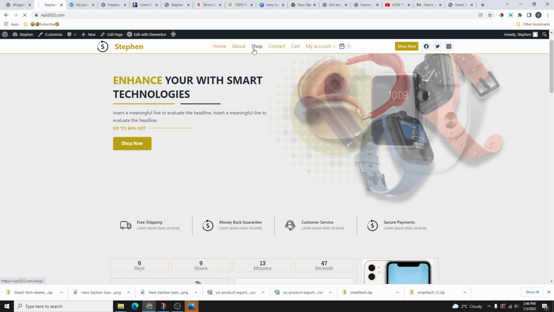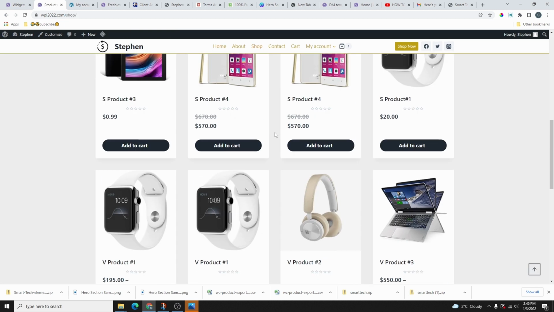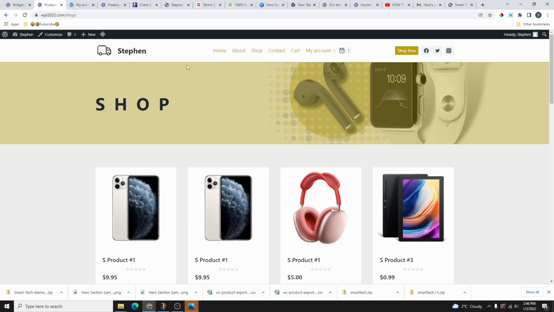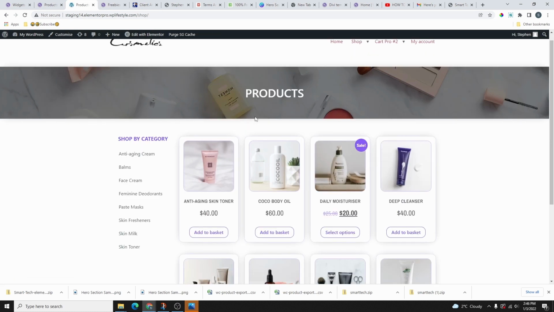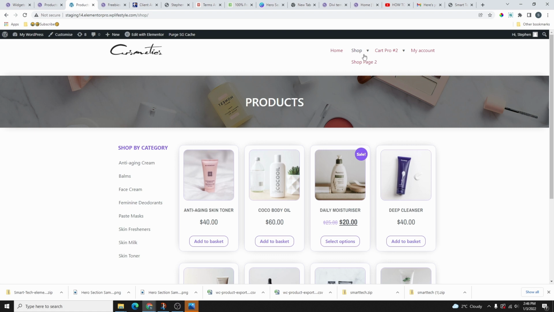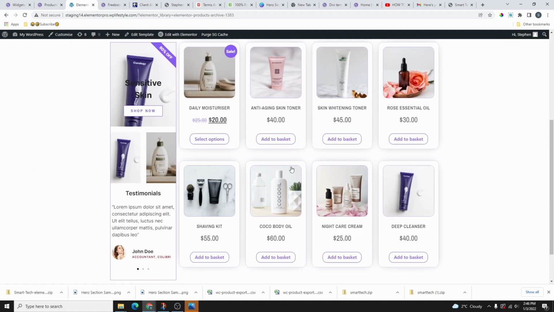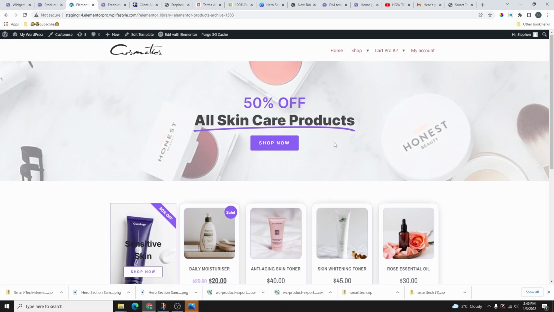If we go to the shop page, you can see that we have this shop page here. But if you have Elementor Pro and you want a custom shop page like this one, let's click on the shop page number 1. If you click here, you can see the product page that we have. This is also product page number 2. You can see the different product page that we have. So if you want your product page to look like this, it is actually created using Elementor Pro,